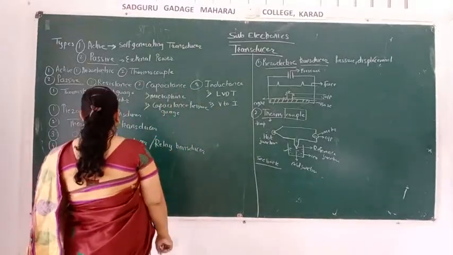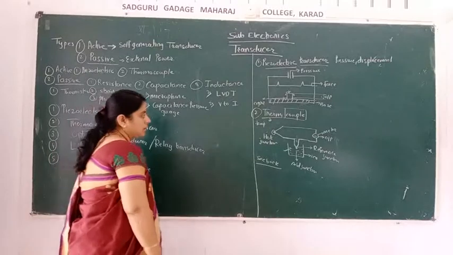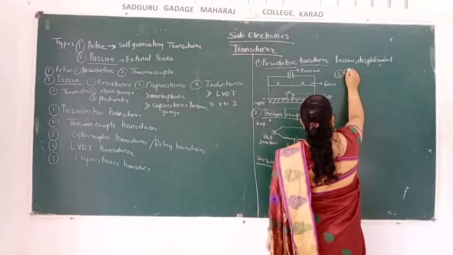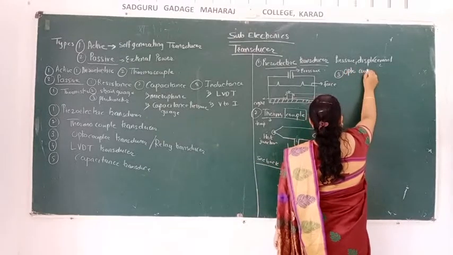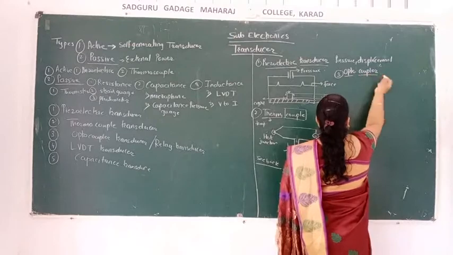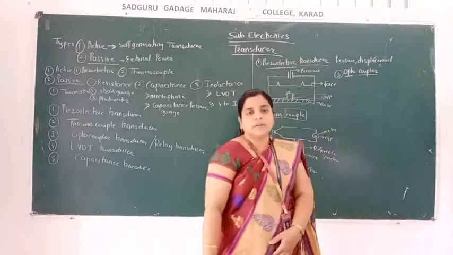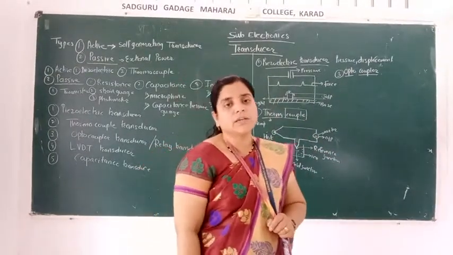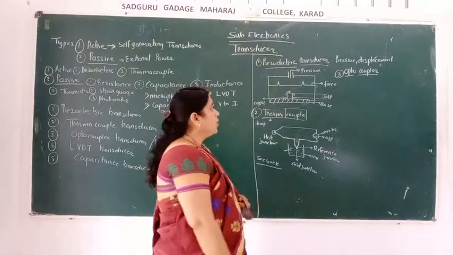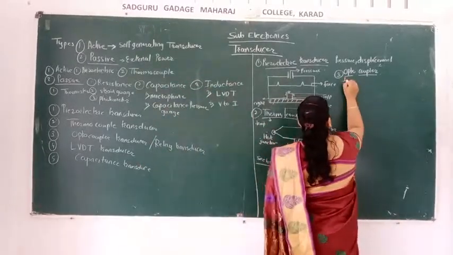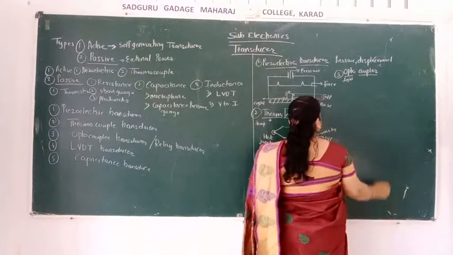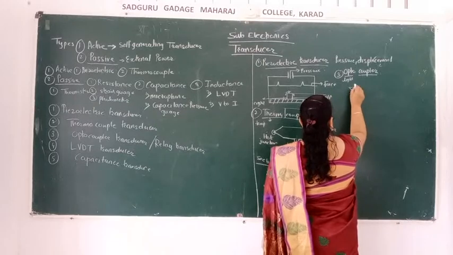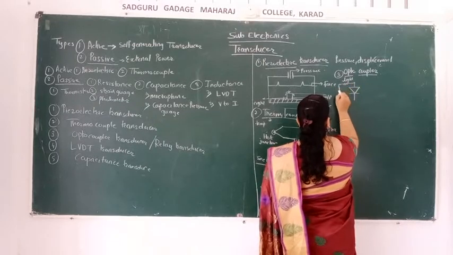Next of that is what? Optocoupler. Optocoupler means what? See, opto and coupler. I'll write it separately. Opto means which does not work on an electric signal. Then how does it work? It works on the principle of light. Opto means light. Coupler means couple. So how does it couple? See, there are two diodes. One resistor is there, battery is connected.